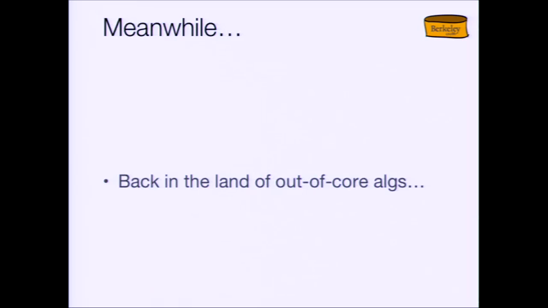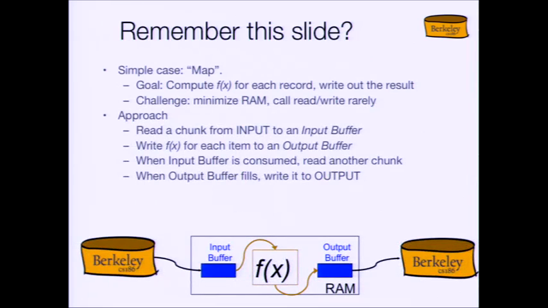Okay. Meanwhile, back in the land of out-of-core algorithms, with all that hardware background, remember this slide, right? From last time, you're implementing this for your homework. So this was the simple case of map, right? We wanted to apply the function f to every x on the disk. And so we were going to read in a page, let's say a 64K page, off the disk,